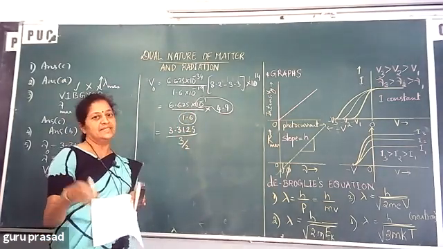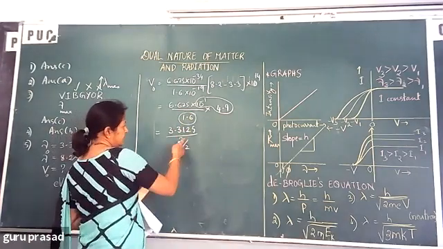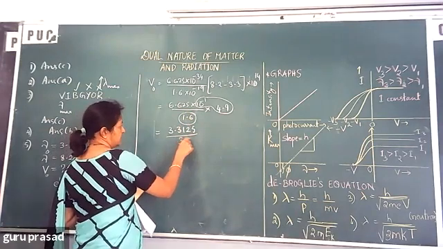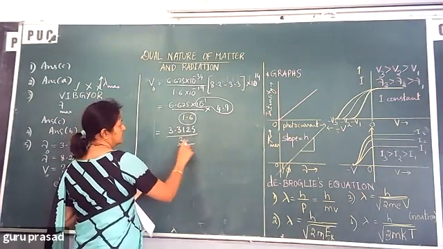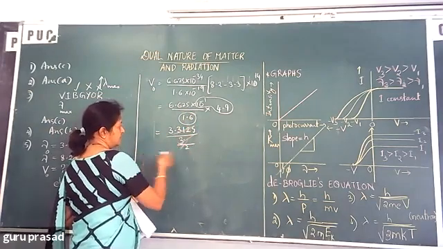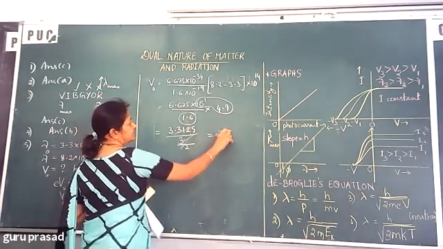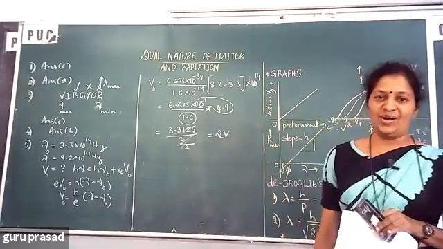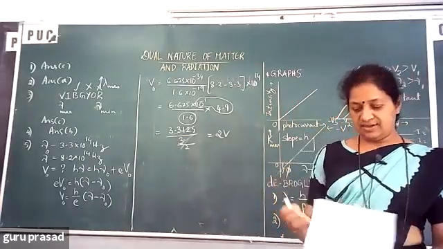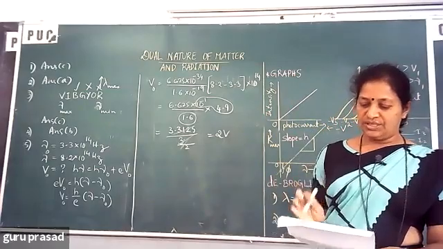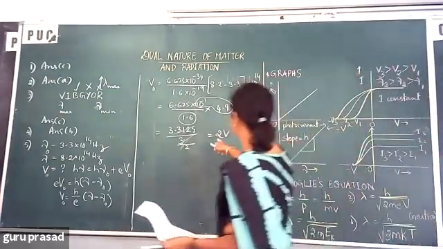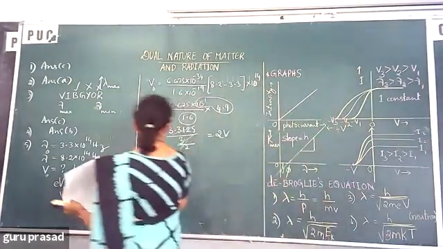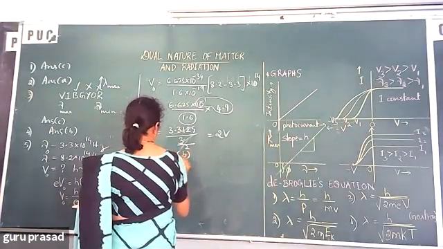Not exactly, a little more than 3 by 2, but it is easy for you to cancel. So 3 point something you will get, and this almost cancels, and 2 goes to the numerator. This is how you have to manipulate because you're not using a calculator or log table. They are asking for nearly equal to, so it is almost equal to 2 volt. So it is option B, answer B. It fetches you 2 volt.